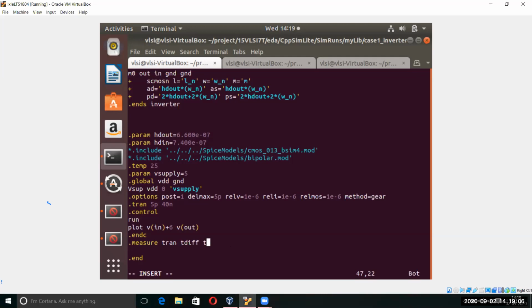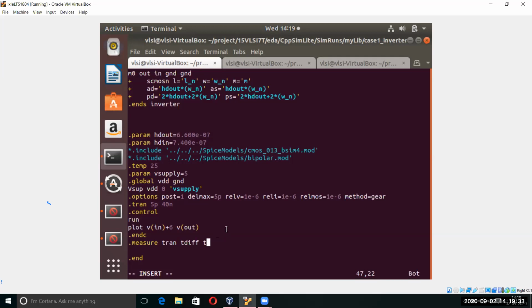Trig means for the first transition we are using trig, and for the second transition we are using targ. So after tdiff you can give a rise statement or a fall statement, that doesn't matter. But you have to give a trig then targ.